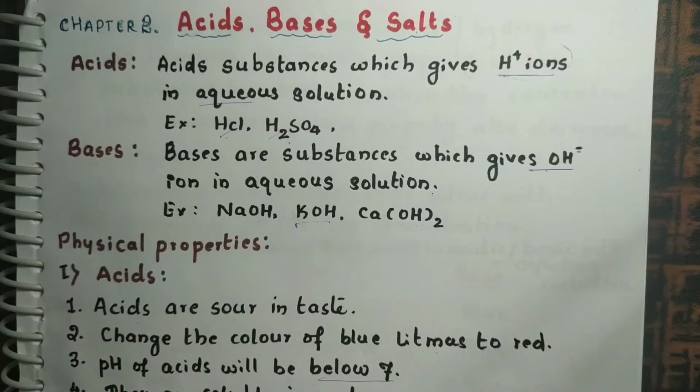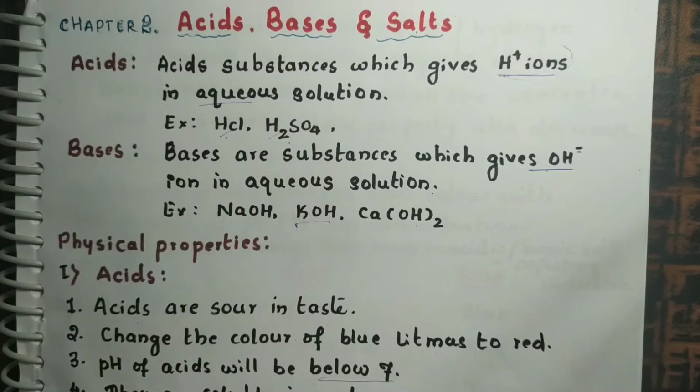Today we are studying second chapter acids, bases and salts. In our daily life we have come across so many acids and bases. Some of the acids we come across are citric acid in lemon, methanoic acid in ant bites, oxalic acid in tomatoes. Some of the bases are sodium carbonate washing soda, sodium bicarbonate baking soda that we use for the cooking purpose. But in this chapter, we are studying more systematically with their definitions, physical properties, and chemical properties.